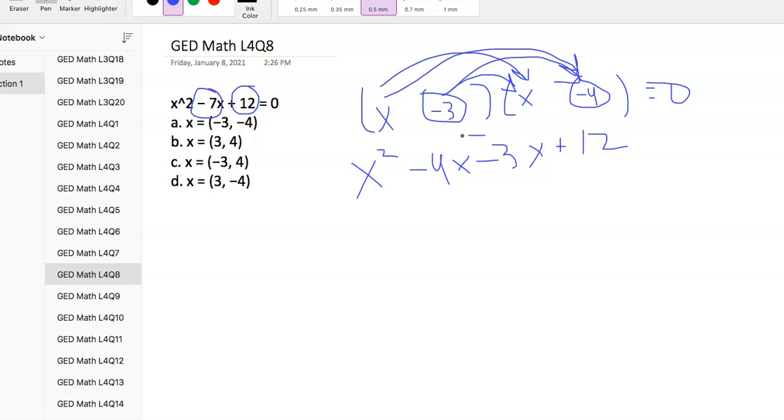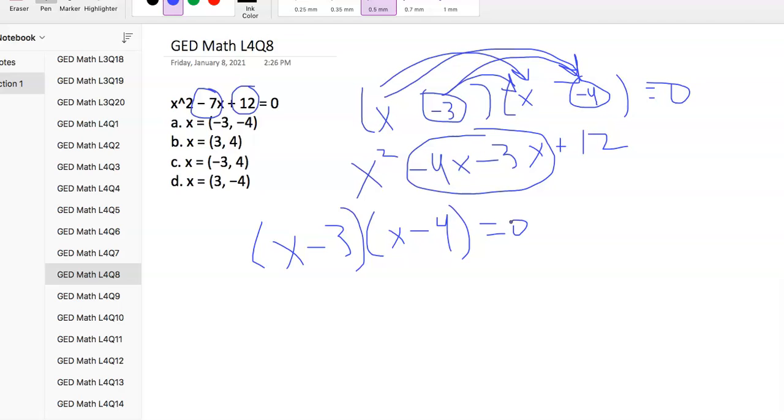Right? And you can see these two right here, -4x minus 3x, are going to combine to -7x. And so we'll have x squared minus 7x plus 12. Okay, that means we did it right. So to write that factor down there again, we have x minus 3 times x minus 4